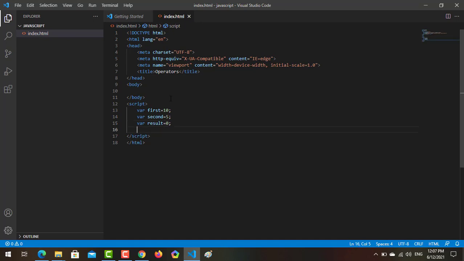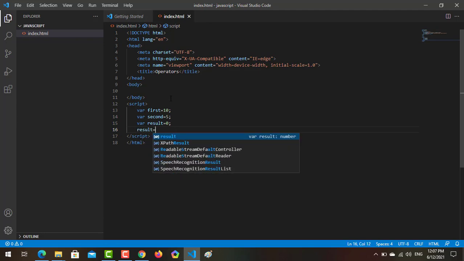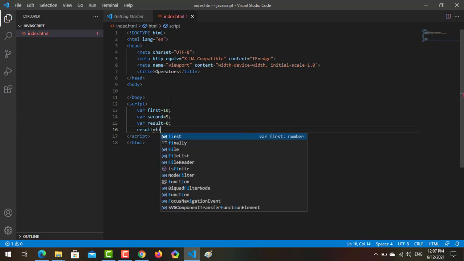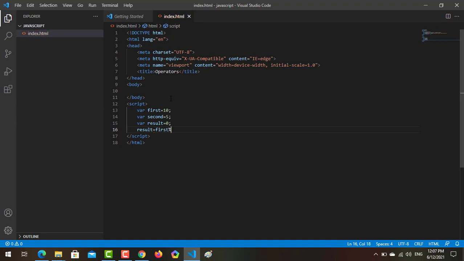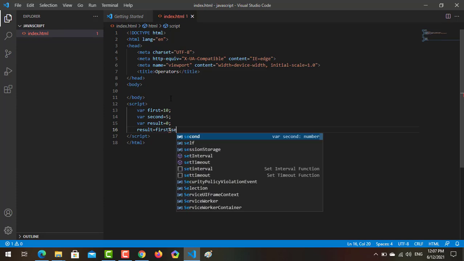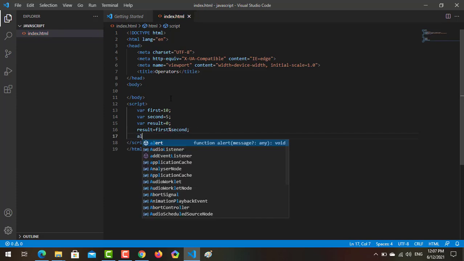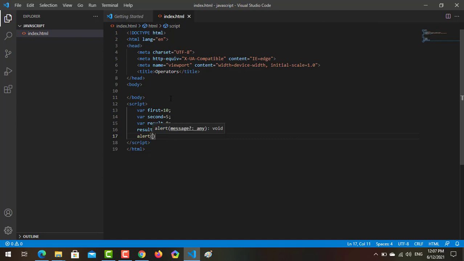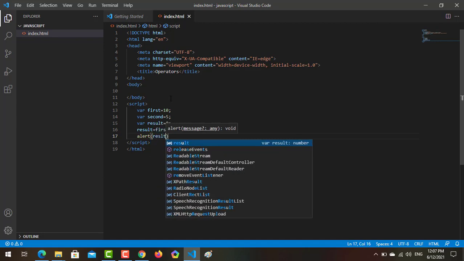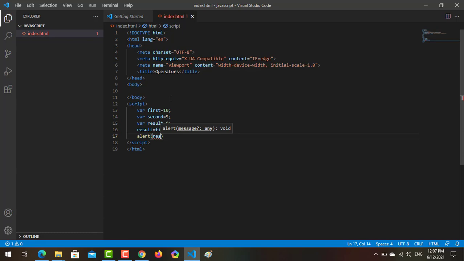Now I will assign result equal to first modulus second, using the percentage sign. So what will be the output? The output will be generated in alert(result). You already know the use of alert here.